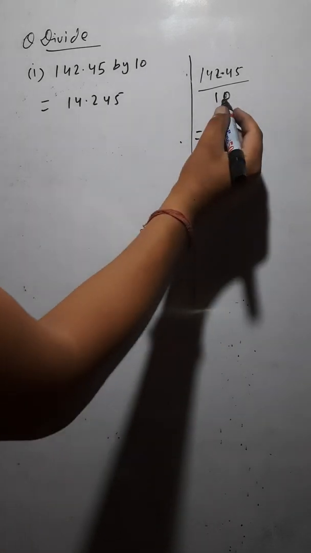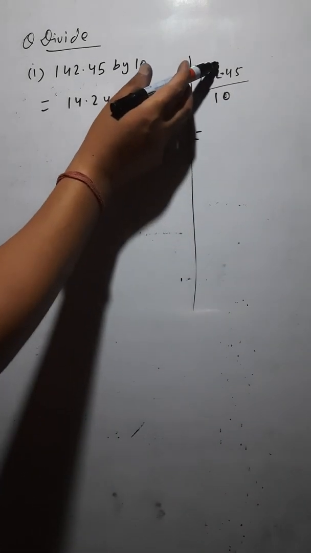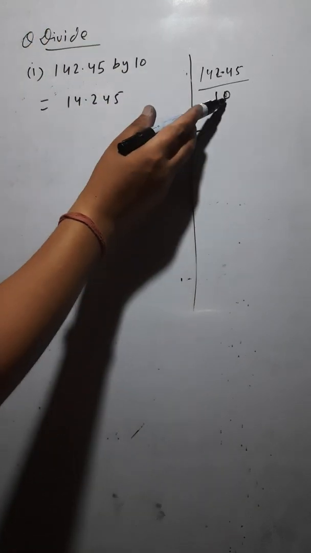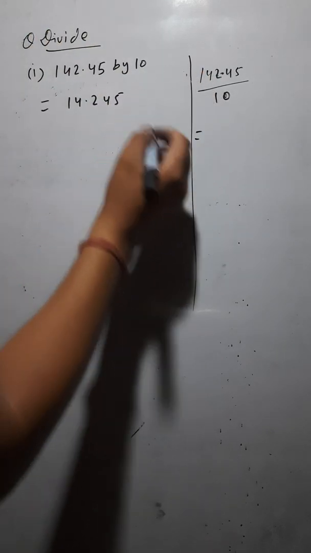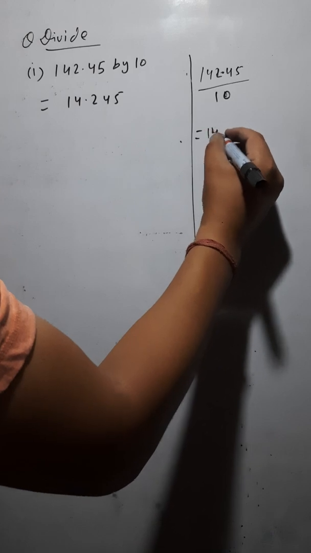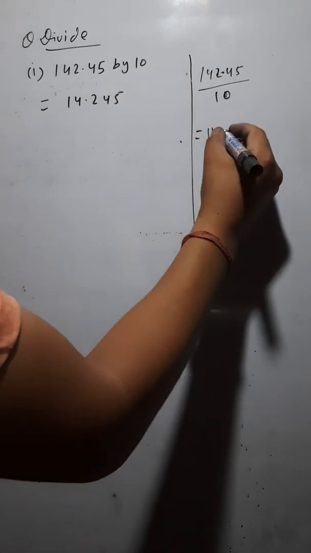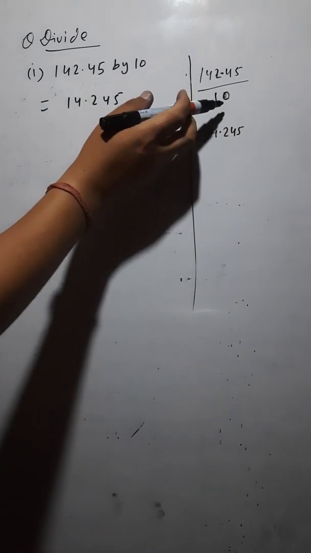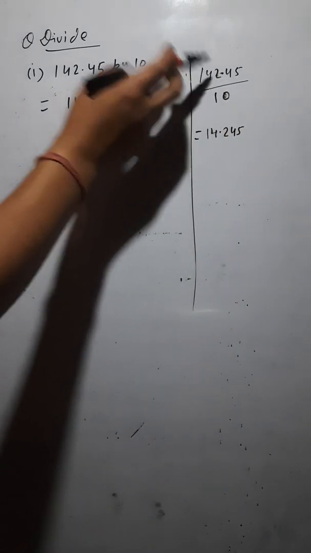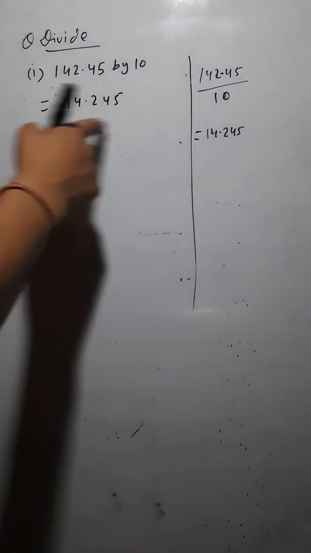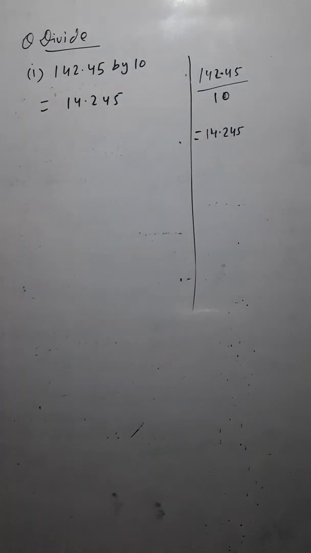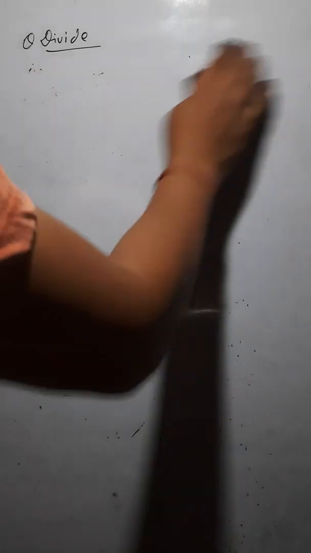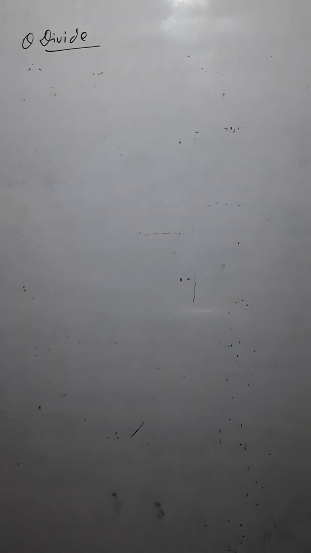So here you have only 10, so this decimal would shift towards the left one place, because only 10 is there. So I would be writing this decimal here now. I would be writing this as 14.245, with the decimal coming here. Because you have 10, that is why the decimal is going to shift one place. So straight way you can find the answer. Both are similar? Yes. So you can use these two methods in finding out the solutions of all the questions. Okay. This is the first question. Now I will be giving you the second question that you try yourself.